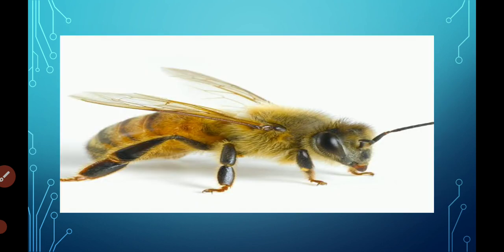Now look at this one. Honeybee. This is a honeybee. Honeybee is called a social insect. Do you know why? Because honeybees live together in a group. We get honey from honeybees. Honeybee is a very useful insect. Honeybees live in a beehive. There are about 1,000 bees. And the members of the family of honeybees are drone, queen, worker. They live together in a beehive.